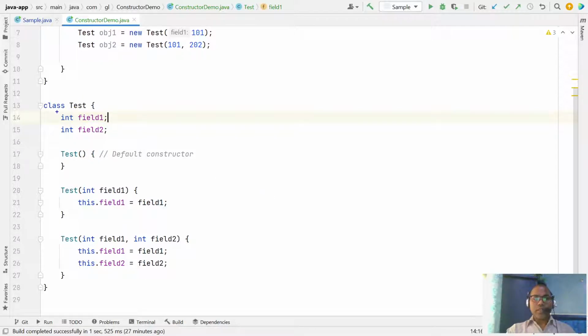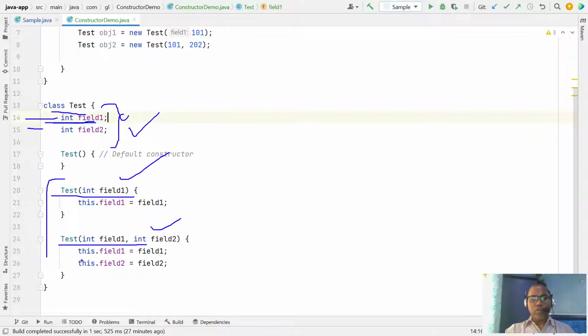What is a constructor? A constructor is the place where, as a developer, we can initialize our field values. For initializing any field value, the user needs to define a constructor. A constructor can take one argument or two arguments. If you have one field, you need a one-argument constructor; if you have two fields, you need a two-argument constructor.